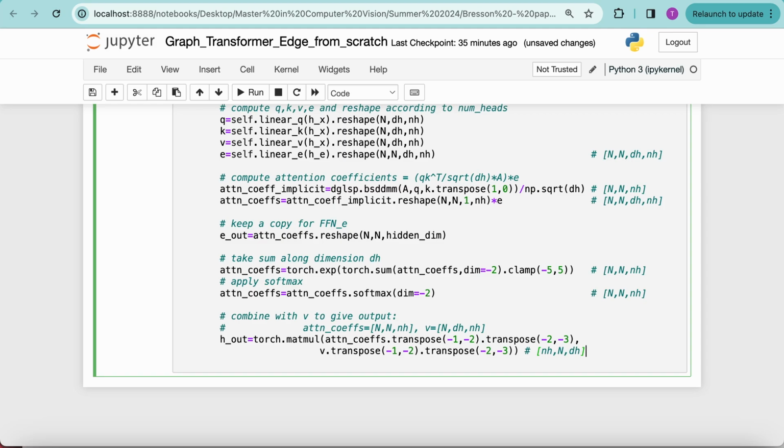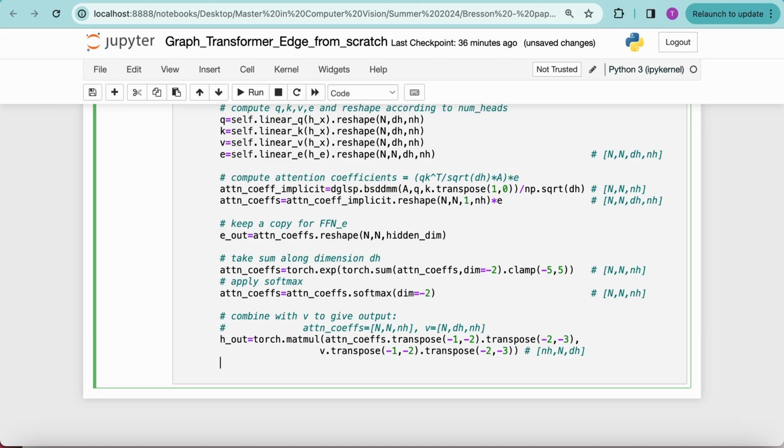And to get back to the original form, you will need to bring back the NH to the last dimension. But we also want our output to have the same shape as the input, which is N times the hidden dimensions. So here,